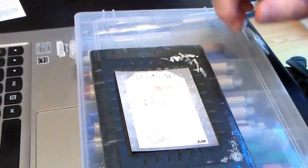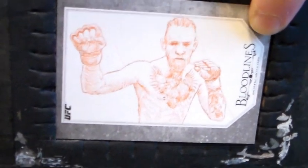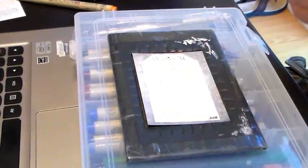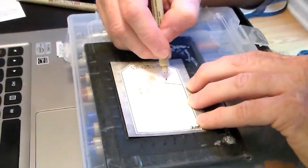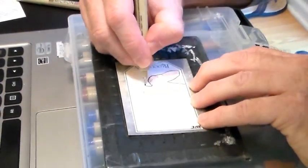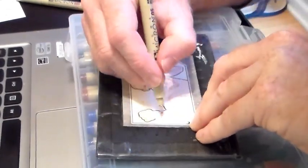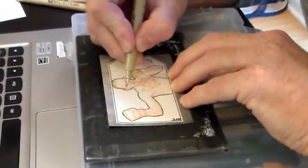I believe I was using a Pigma Micron, I think orange, for Bloodlines. It highlights the fighters' nationalities, and so I wanted to use the colors mostly of Ireland's flag, since Conor is the superstar of Irish MMA at the moment. So I did the first layer in orange,